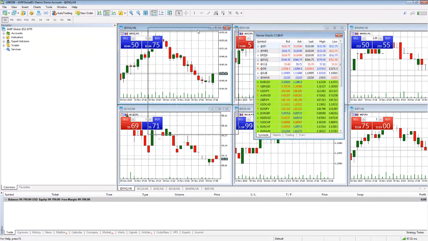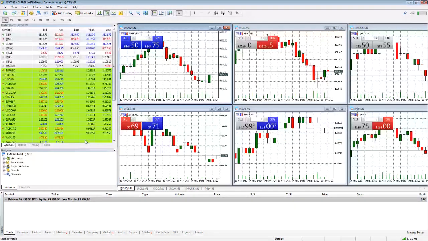So, or we could just do this. We could probably just move this navigator window down here, and there you go. All right, so it does take a little practice, but once you get the hang of it, you'll have an understanding of how it works, and it should be very straightforward on how to snap your windows into place and how to snap them out of place so you can move them onto different monitors if you have